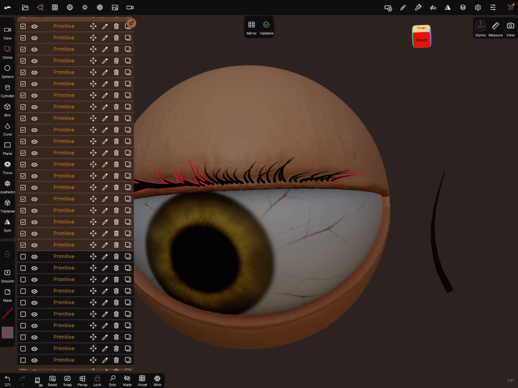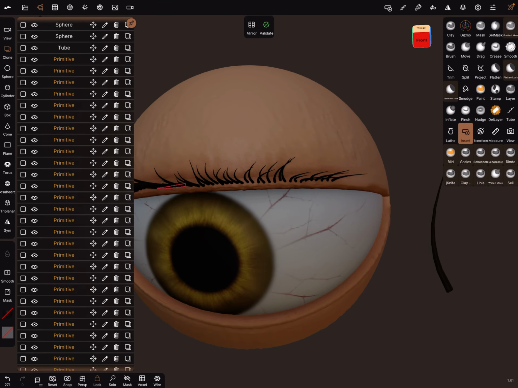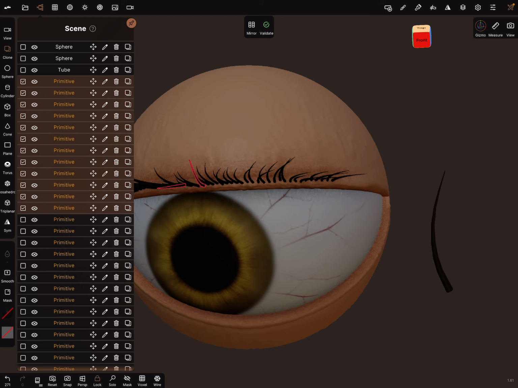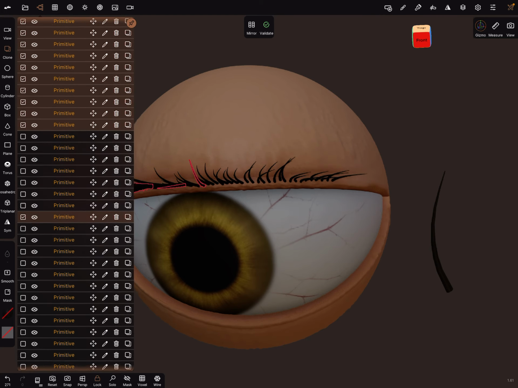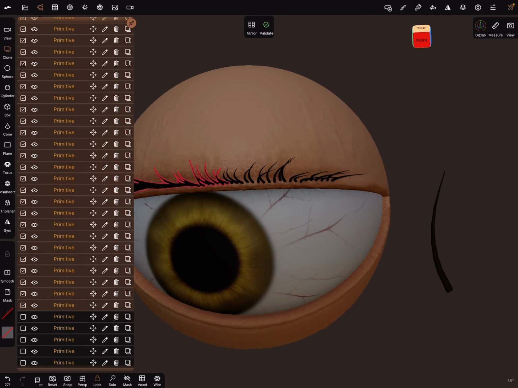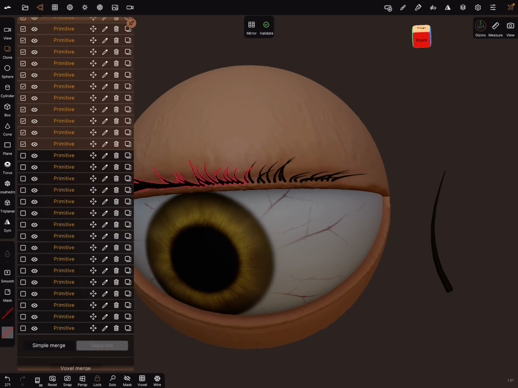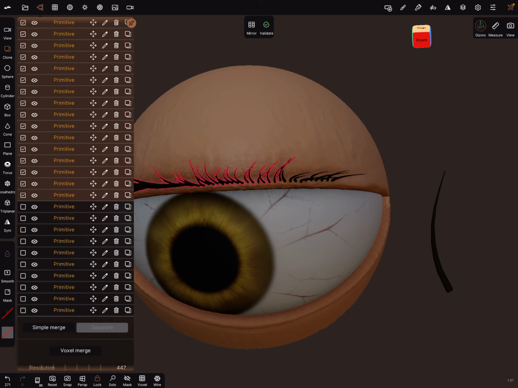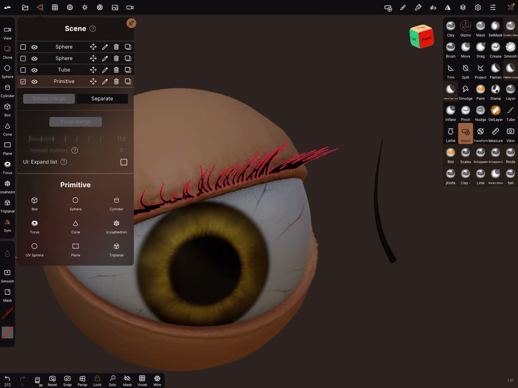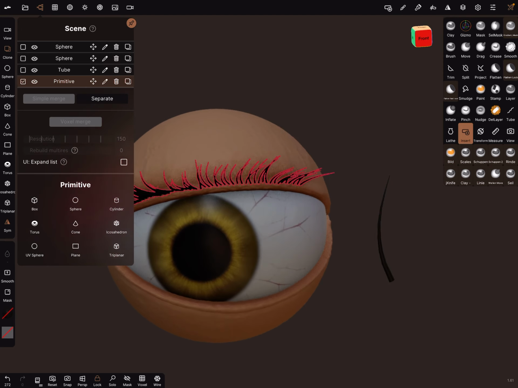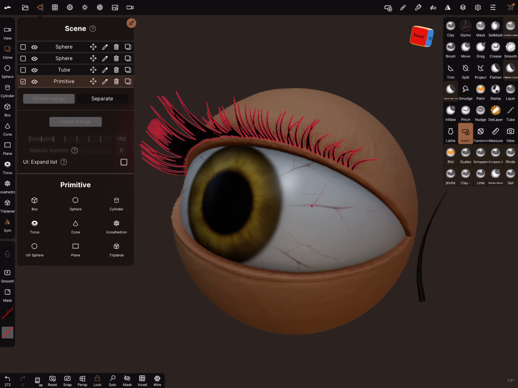Only draw along. And then simply merge the whole thing. And then it's complete.